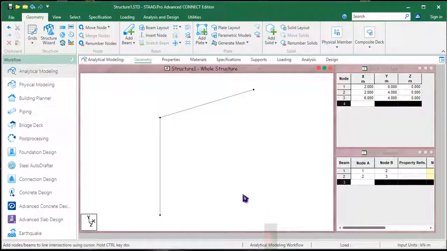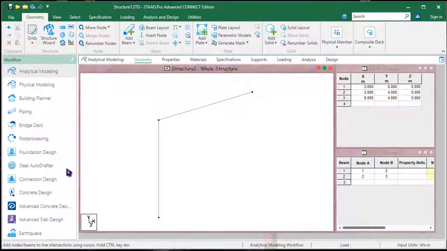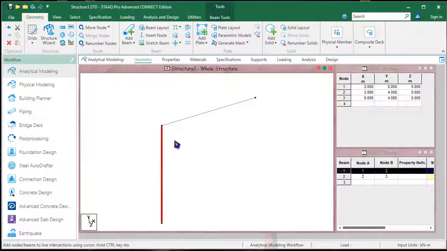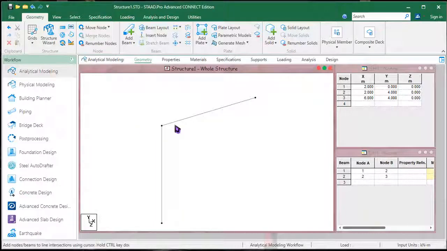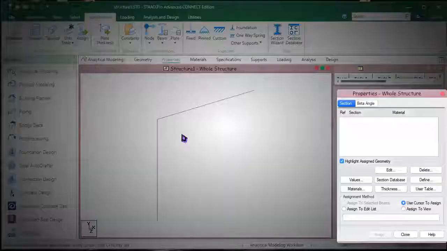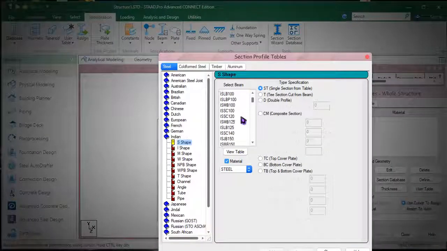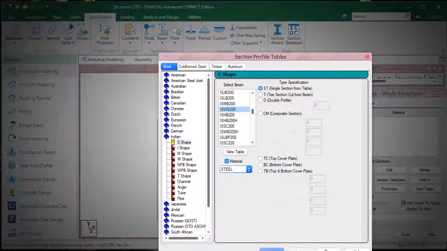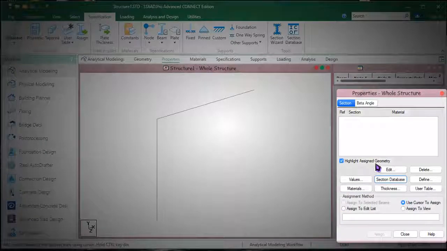Alright, in order to incorporate RAM connection, or the connection design, into STAAD Pro, first let's draw a steel beam right there, having a beam to flange connection here. Okay, so let's see that. I'm assigning an Indian section right here, where the section shall be maybe ISWB or something like that. I'm going to add and assign